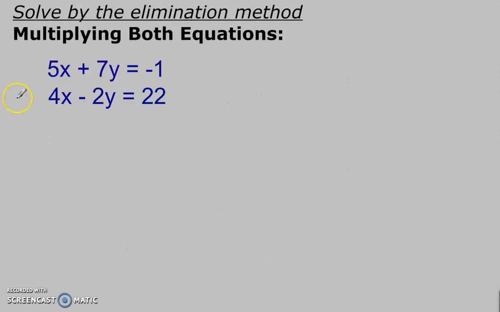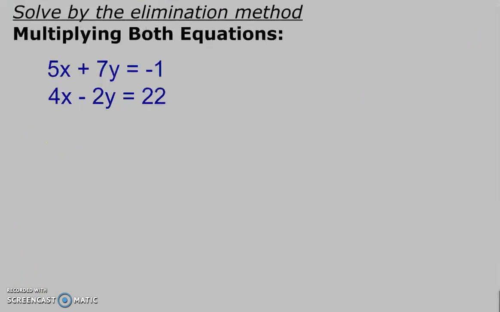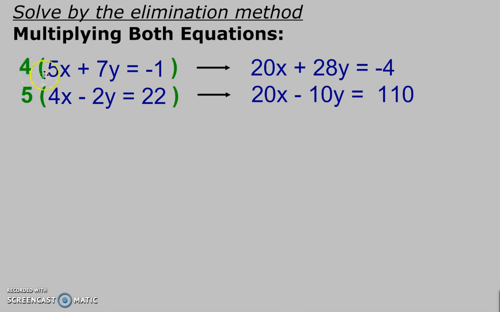Okay, now in this case 5 doesn't easily multiply to give me 4, and 4 doesn't multiply easily to give me 5, neither does 4 multiply easily to give me 2 or 7. So in this case I have to multiply both of them. I'm going to multiply to get 20, which is a common multiple between 4 and 5. So I'm going to multiply this one by 4 and the second one by 5, that way resulting in